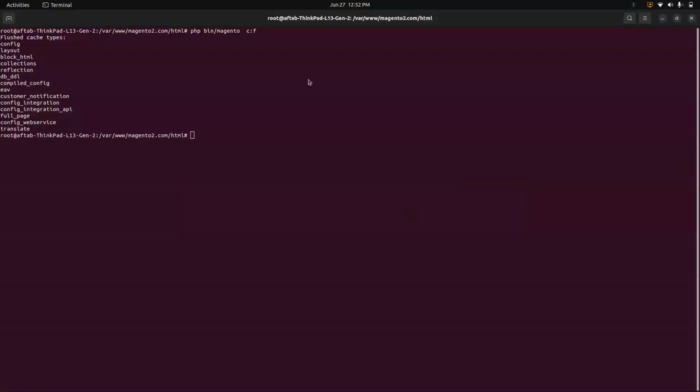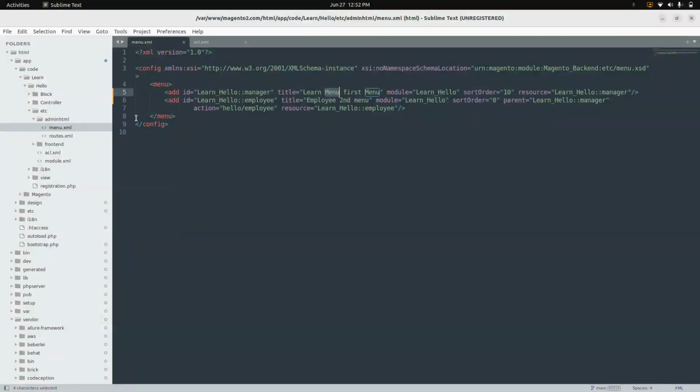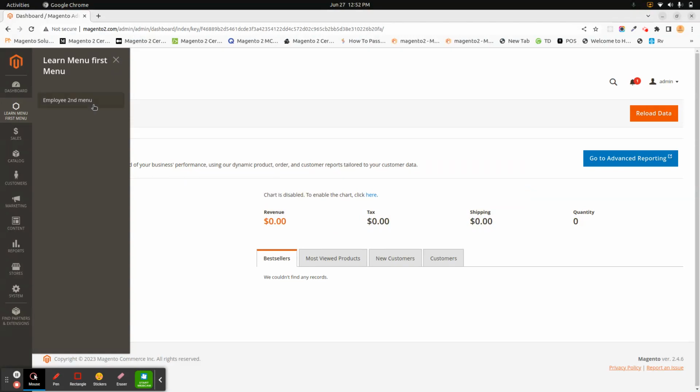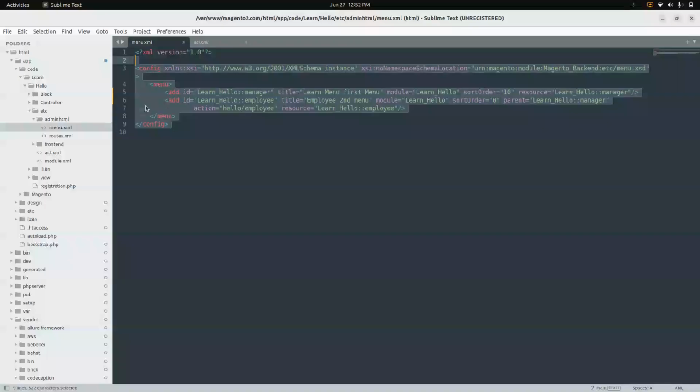So this is the way you can create the menu, because we require only one menu.xml file. So you can easily create the menu inside the admin area. In this video it is only the menu. In the next video we will learn about the action, I mean how to create the admin controller. Thank you for